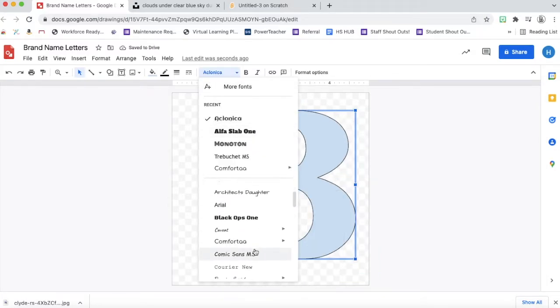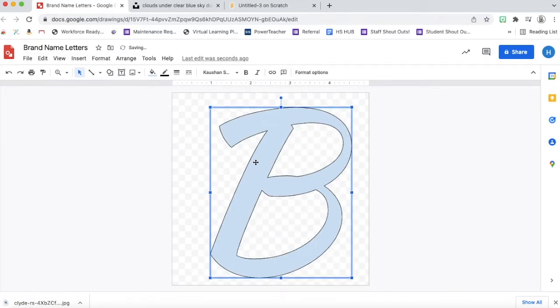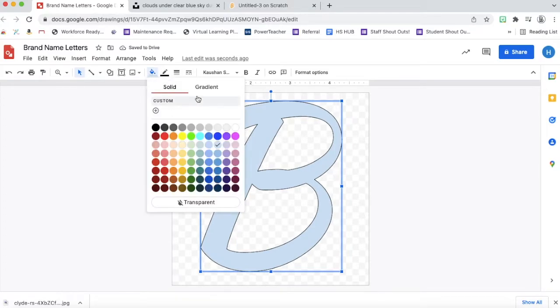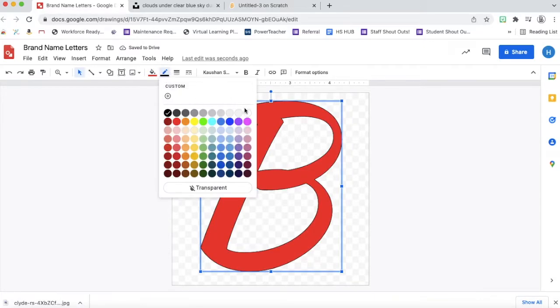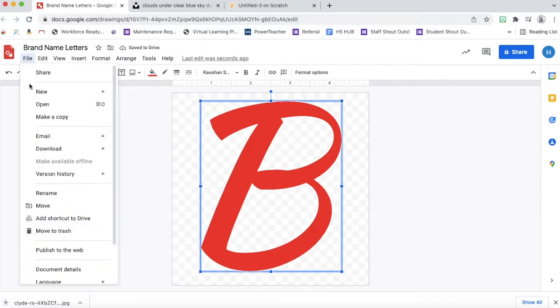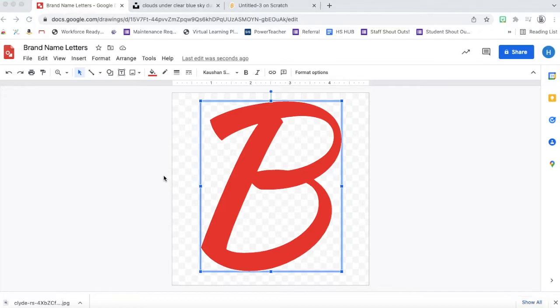I'm going to use the same font for my name just to make it easy, as I'm going to create 5 different letters. I'm also going to change the color with the paint bucket tool. I have the option of solid or gradient, but I'm going to use solid. Then I'm going to use the pen tool to adjust the outline, the white stroke around the B. Next, I'll say download as PNG. It's very important that we download each letter as a PNG because there's no background on PNG